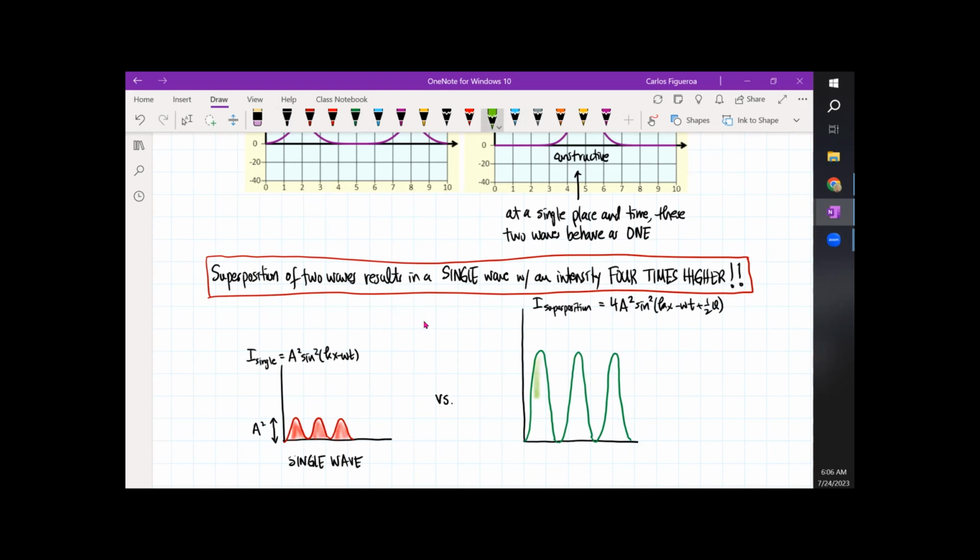Right? That is quite a big difference here. So if we were talking about light, light would be 4 times more intense, not twice. So in this case here, you're seeing that this height right here is 4a squared. And this is for 2